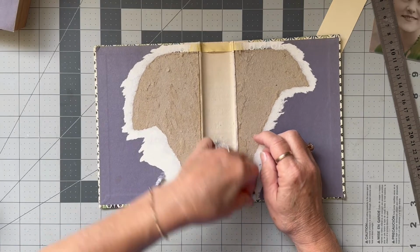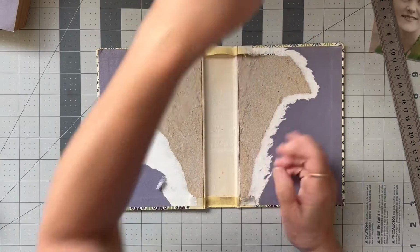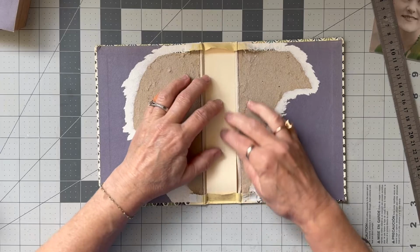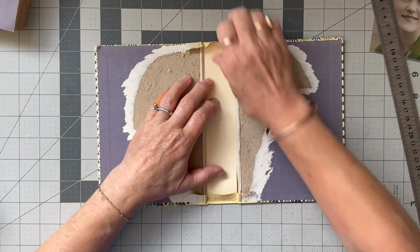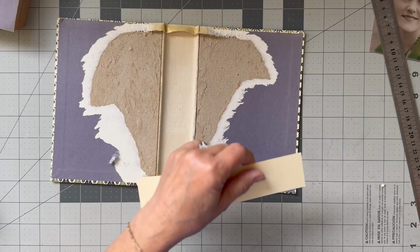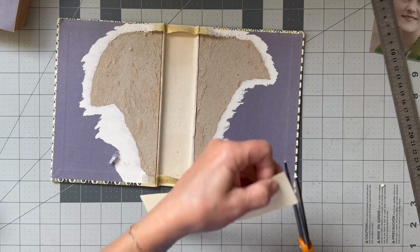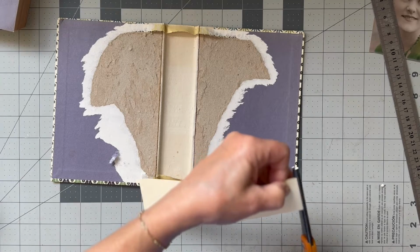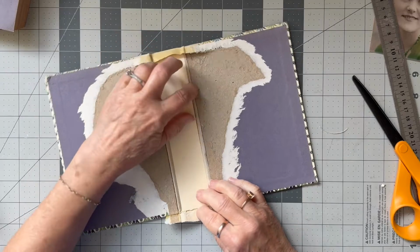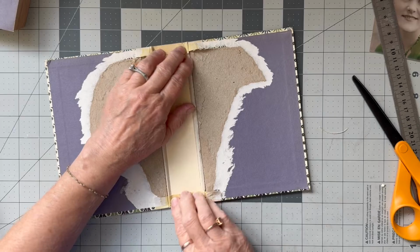lift this up. And we're going to glue this in and slide it in. Now it's a little bit long, it's pushing up against that, so I'm actually going to just cut a little bit off here, just a smidge, so that it doesn't do that. Yeah, that's better. Okay,